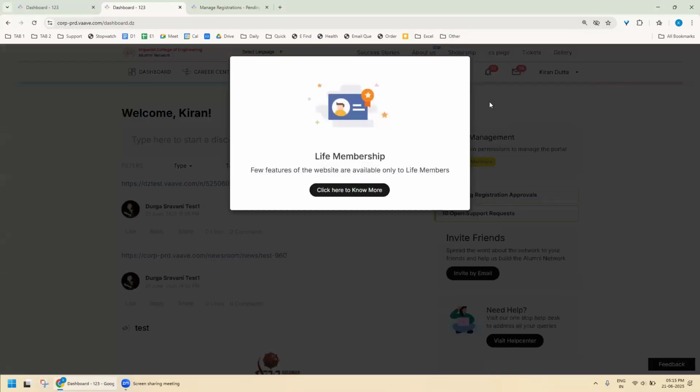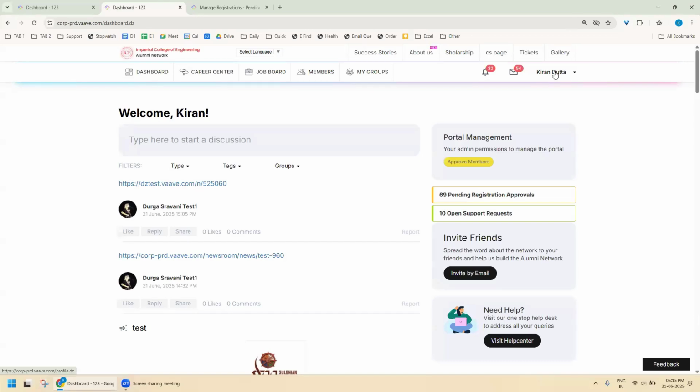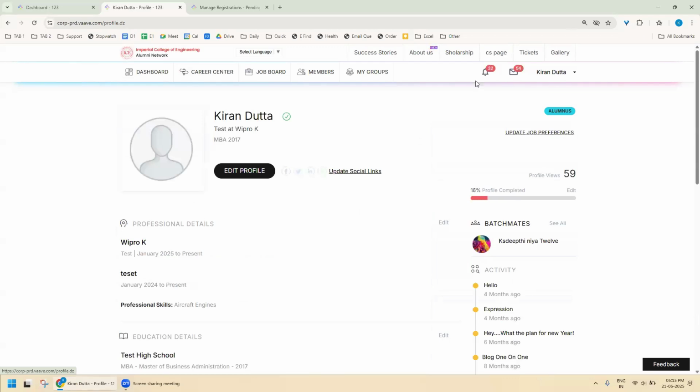I'm logging in. I'm going to the login side. I'm logging in as a member. On the top right, it is supposed to show